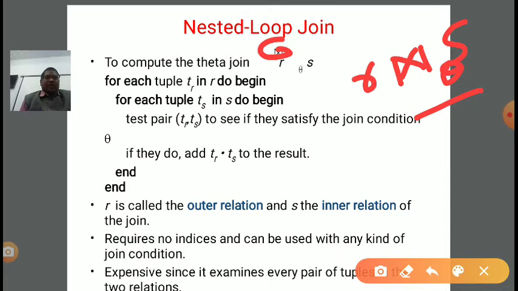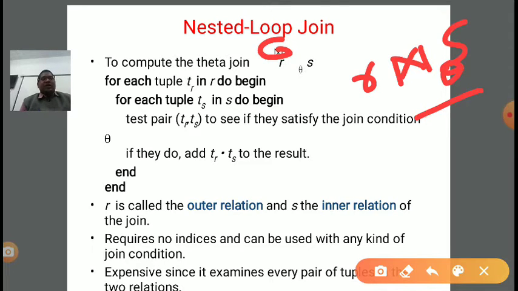There is a set of algorithmic steps we are going through.